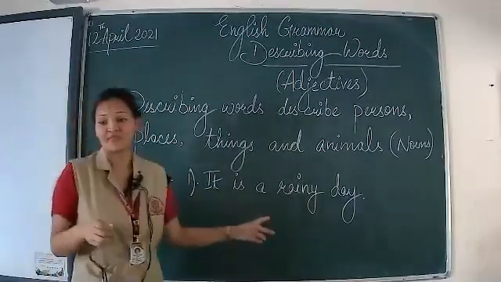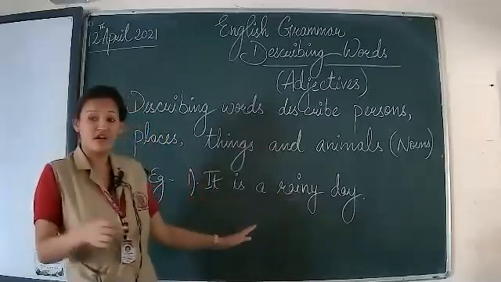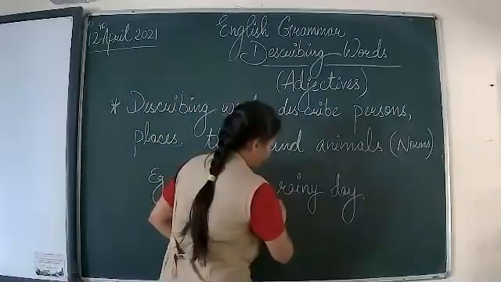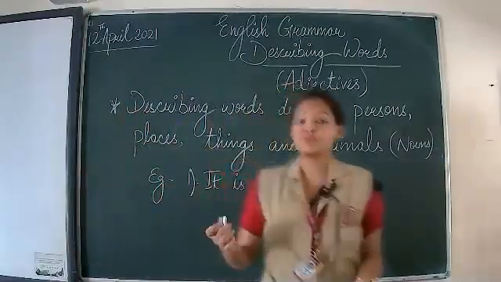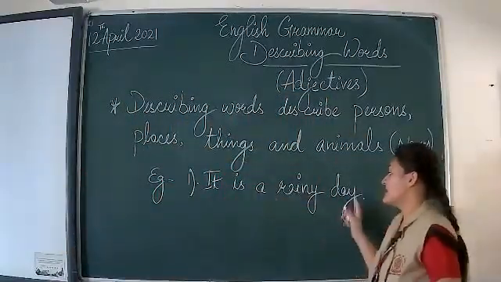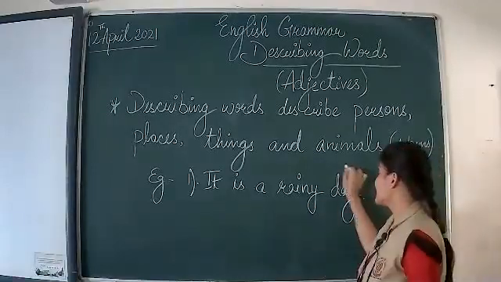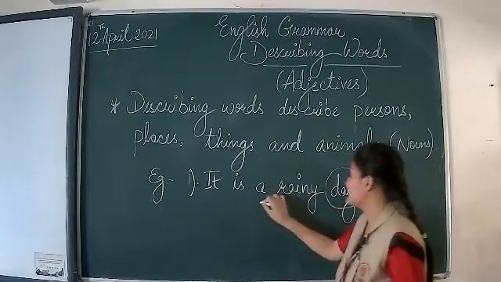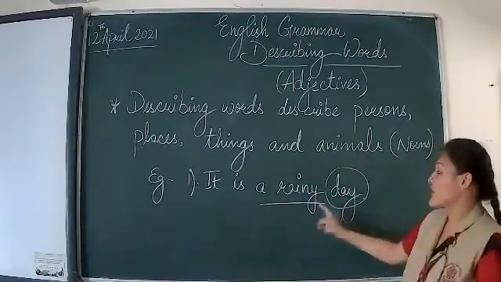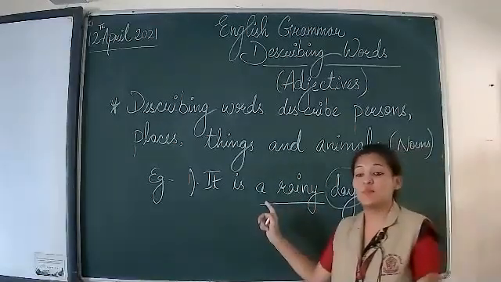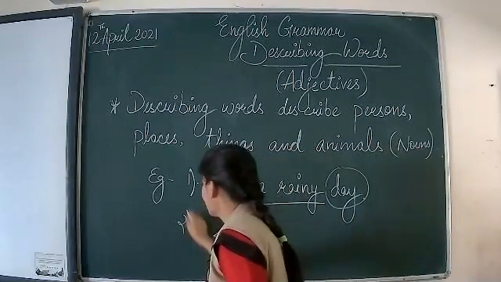Okay, so it is a rainy day. Now here, rainy. What kind of a day is it? It is a rainy day. So the noun day has been described as rainy. So the adjective, or the describing word, in the first example is rainy. All right. Second,